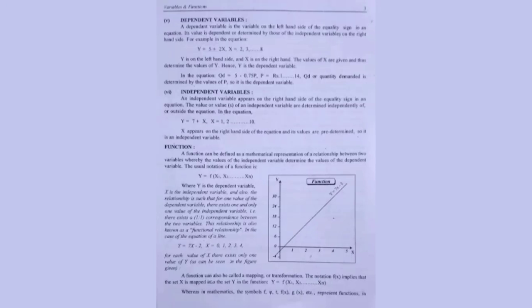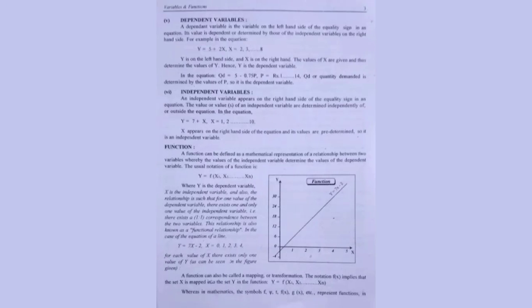y is our dependent variable, whereas on your right hand side there is 5 plus 2x. Look carefully, the sign is plus. It means there is a positive relationship between the dependent and independent variable. Our independent variable is x. Our dependent variable is y. Our constant is 5 and our coefficient is 2. That coefficient is actually related with the independent variable.